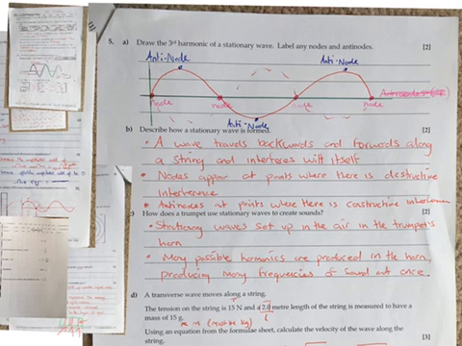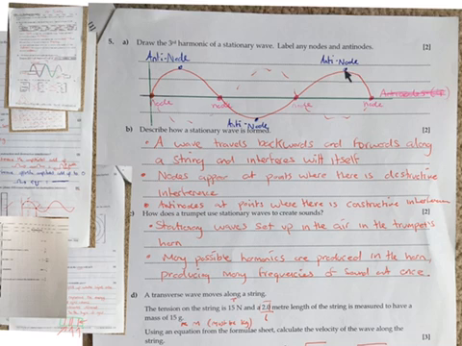Describe how a stationary wave is formed. Well, a wave travels backwards and forwards along a string and interferes with itself. So I don't know if you can remember me doing this in class, but you're gonna have a fixed spring or a fixed string at one end, so someone's gonna hold it tight, and then I'm gonna be doing the transverse where the energy's at right angles,